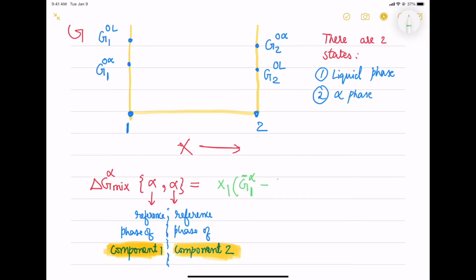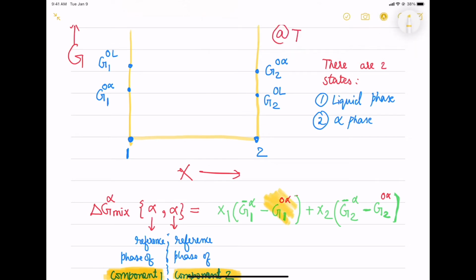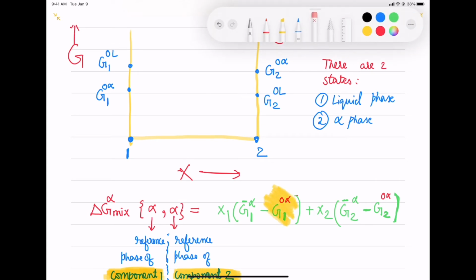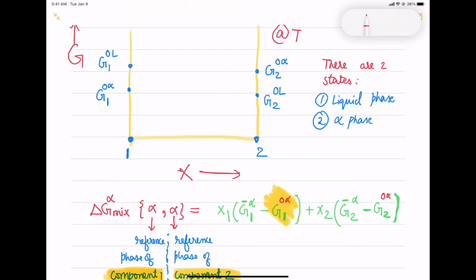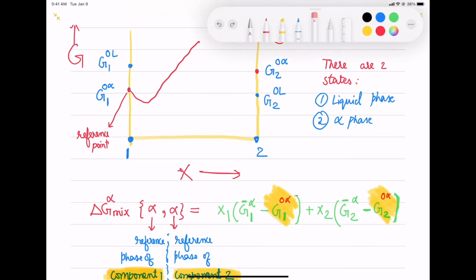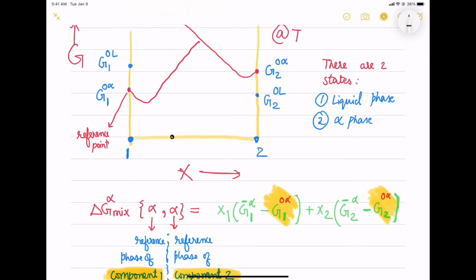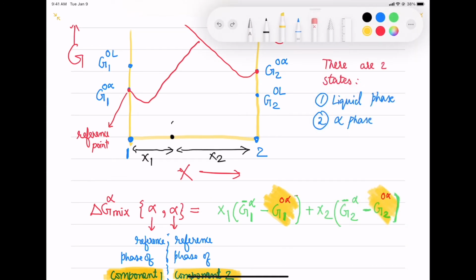Now we will write down the equations. So we will do for the first component x1 into the delta G of alpha and x2 into delta G of alpha. So I put the red points, which means they are the reference states, and you can see the reference states on the figure. I'll mark it and plot it from that point, so that's the reference point. And now for this second component, the reference point is given by that, and from there the graph begins. So this is x1 and x2 on the graph, so those are the things you are using in the equation.